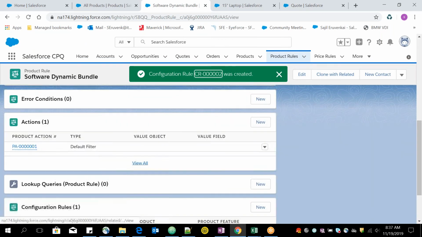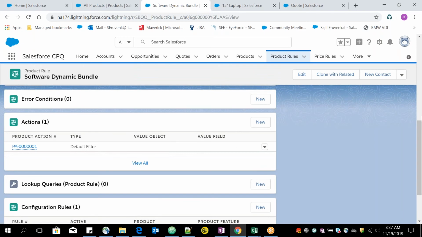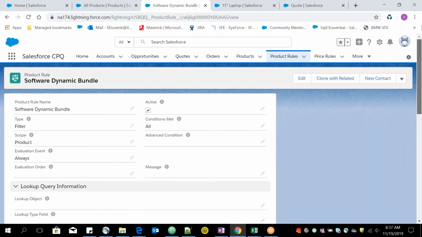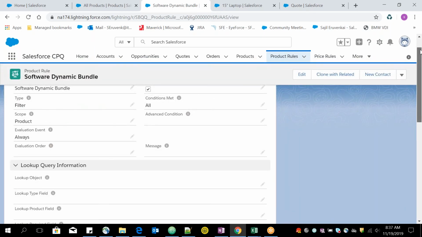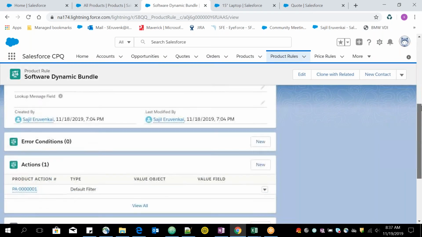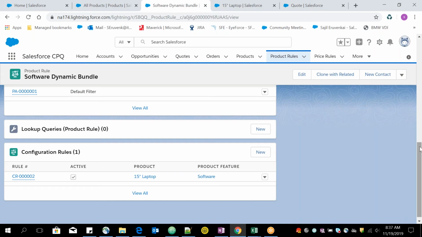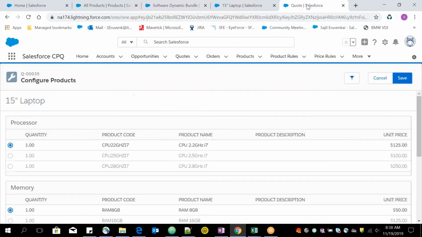Before that, we'll go through the rule once again. My product rule says that it is type filter, scope product, evaluation event is always. I have my product action wherein I have set up the type as default filter. I selected my product over there. And then I have my configuration rule wherein I have selected my product as well as my product feature. So now when I go back